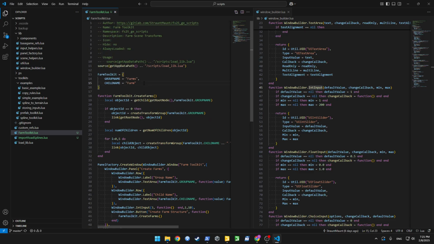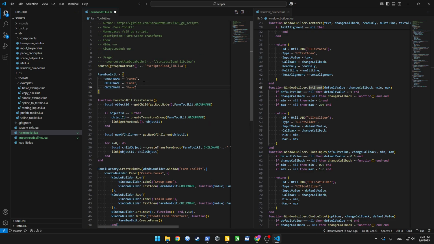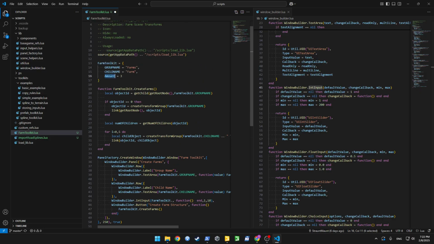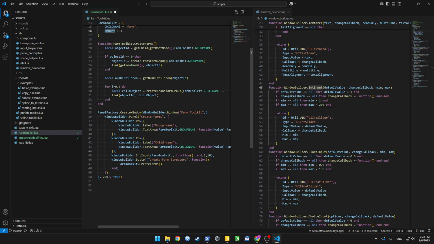Maybe let's create a setting for our amount. Let's say it's 3 to start with. Over here we already typed 3, so let's replace that with our setting. We'll use the amount as the default value over here. When we save our scripts,